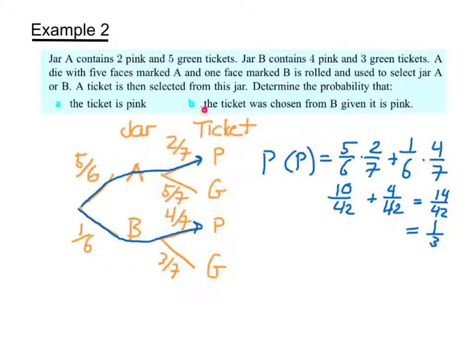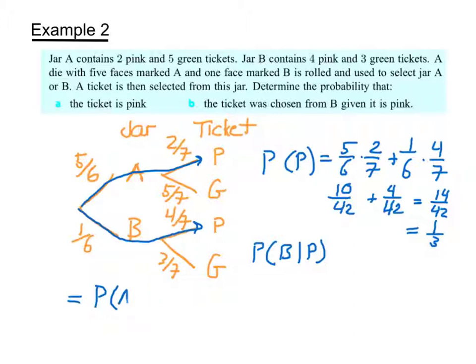The second question is we're asked to find the probability that the ticket was chosen from jar B, given that it is pink. So it's really important that we set up our notation correctly here. We want the probability that jar B was chosen given that the ticket was pink. Right? It's given that the ticket was pink. Now because we don't have a Venn diagram here, this is hard to just determine from the visualization of the data here. So we need the equation that we learned in one of the previous slides here, and that is